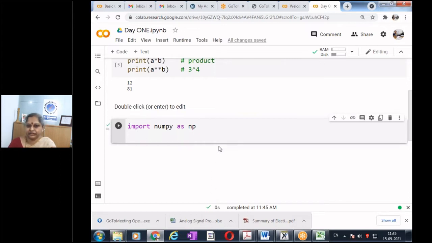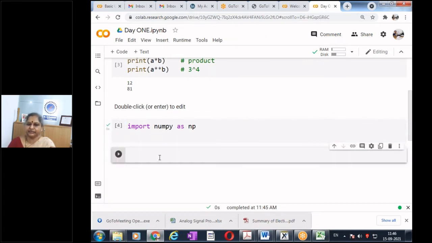Have you done it? So now we will learn to use some simple functions in numpy, an array function.